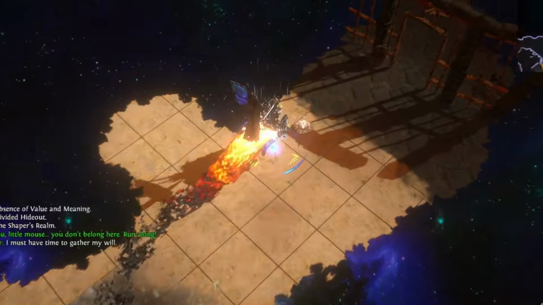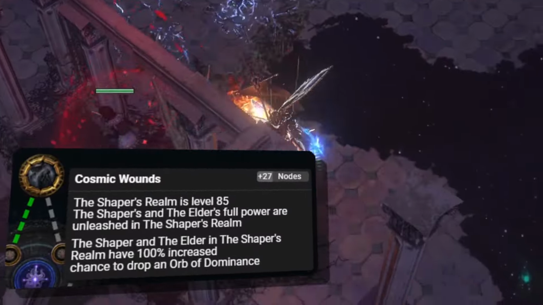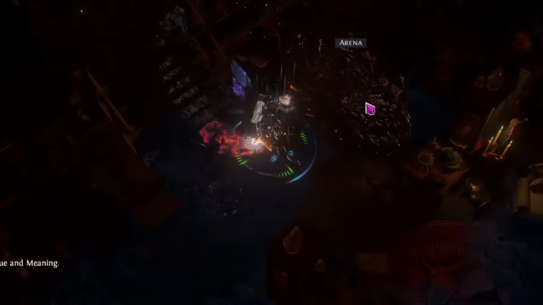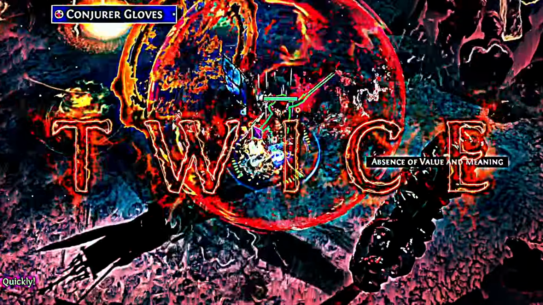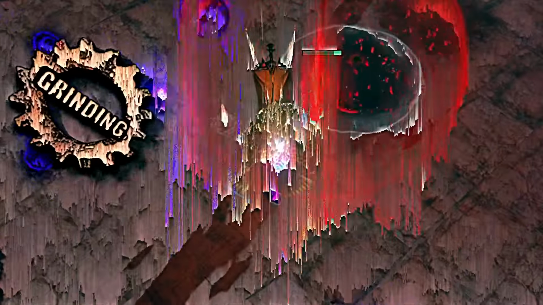Not a goddamn therapist. So our objective is to fight the Shaper and the Elder in the Shaper's realm. Yes, that's the actual name. Colloquially, Uber Elder. To get to the Uber Elder, we have to defeat the Elder twice. And the Shaper. Also twice. Grinding your game Sherpa's the grinding in my fucking...